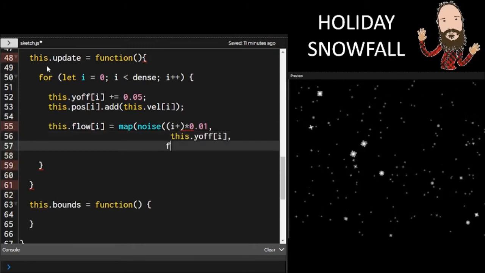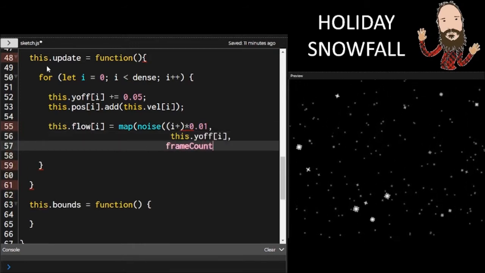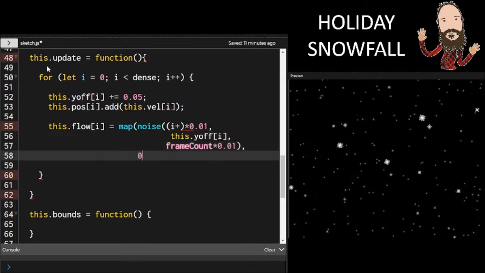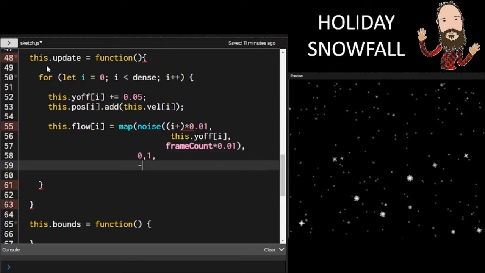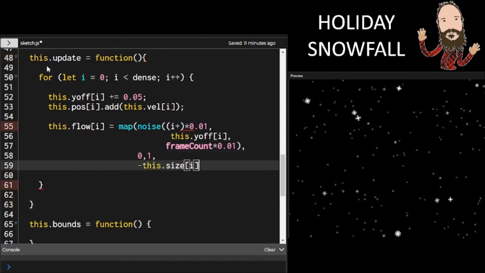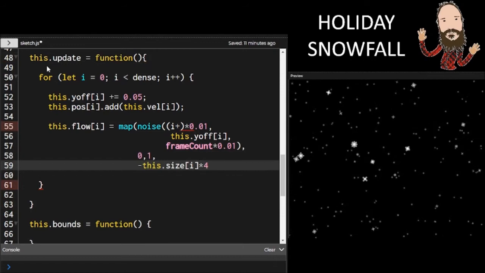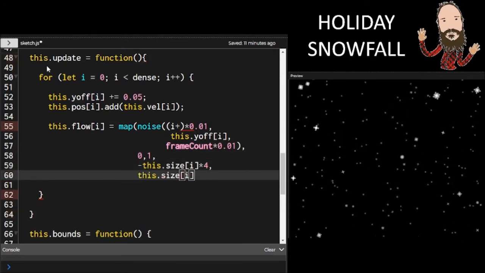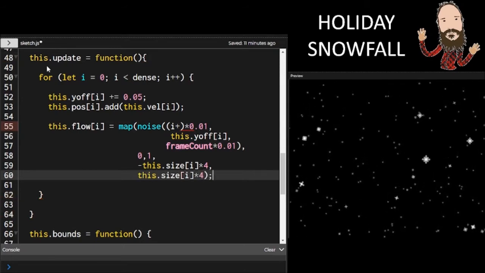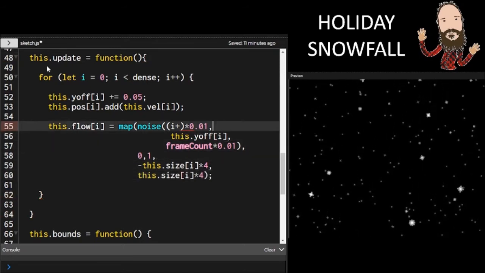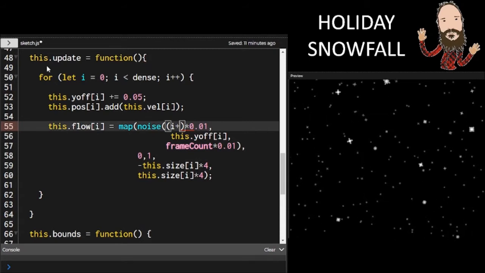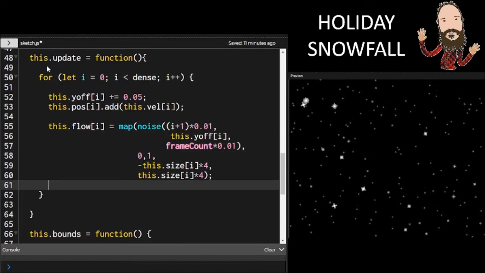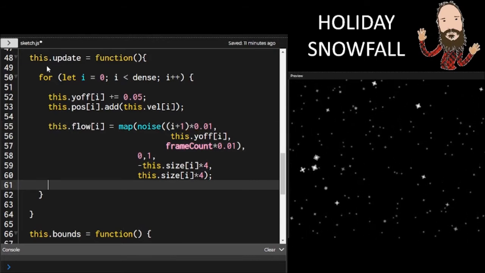And then after that, we're going to get our unique movement for each particle as it falls, and this has to be scaled. So we're going to take multiples of the size of the particle, and that's going to be this modifier that's going to move the, I think it's the x value, left or right so much. It's not going to change the position, but when we output it, we're going to add to the position this flow variable, and then that's going to give it this movement back and forth relative to its actual particle position. And that kind of anchors that movement to a location